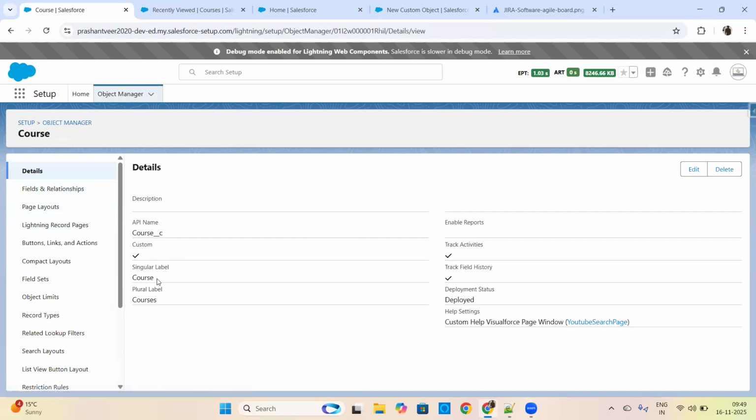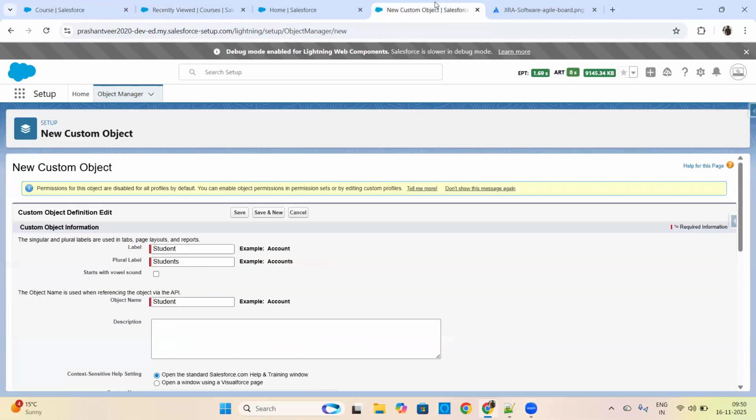See here, the singular label is course, and the plural label is courses. That means this just follows the syntax of the English language. Singular, plural. Okay, now starts with vowel sound: if your object name starts with a vowel sound, that means